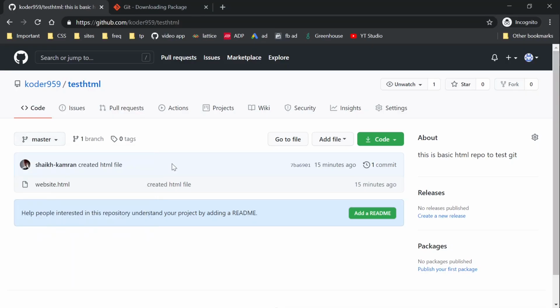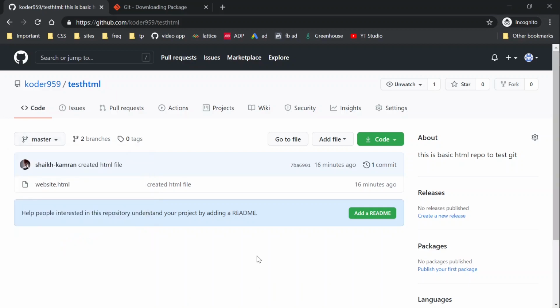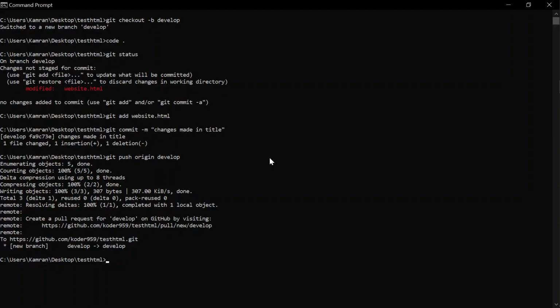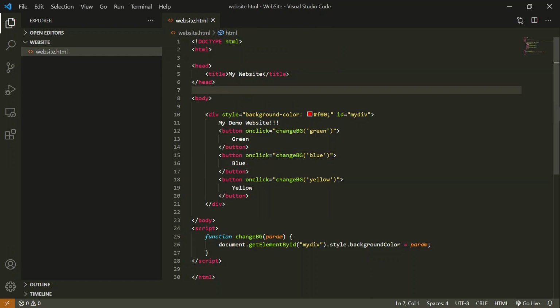So now here on the web page, in the list of the branches, you will see two different branches. So what difference does it make to the users? Let's see. We have the project in two different folders, so we will check the code of both the folders. So this is the code where we have made the changes, and we also have another folder into which we have the old code. So here you can see my demo, not the changed website. So I guess you get the idea of the branch from here.